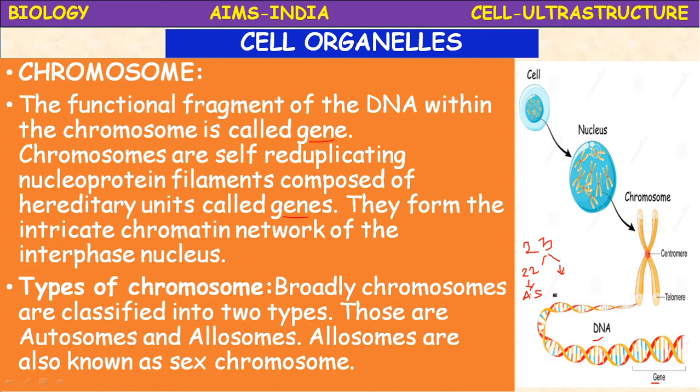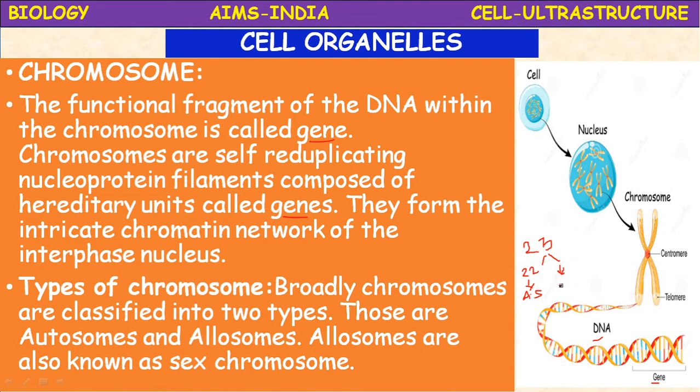All the remaining cells contain autosomes. But the reproductive organs, the testis and ovary, male and female, the cells which are produced by meiosis cell division are called gametes. So they contain